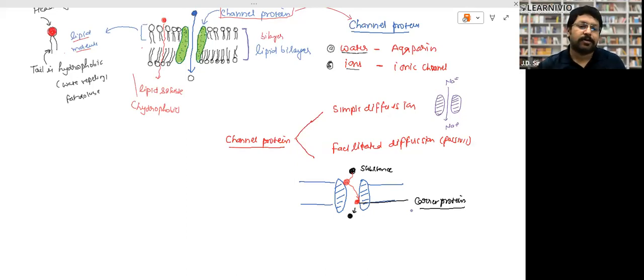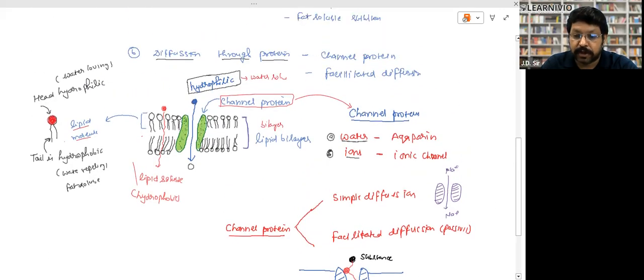Is that clear or not? Tell me. Yes, sir. Clear. Okay. So remember this point, this part was very important, right? You need to remember that facilitated and simple diffusion both are the